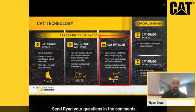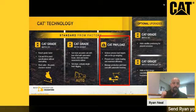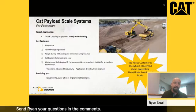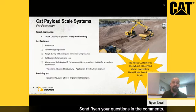So we're going to buzz through this pretty quick, and then you guys will get to see an actual live demonstration of Eric Esposito doing this here in a few minutes. So real quick, what these technologies do, the payload system: the target application right now is truck loading, and the main thing we want to do is help